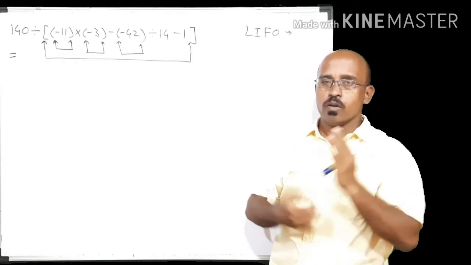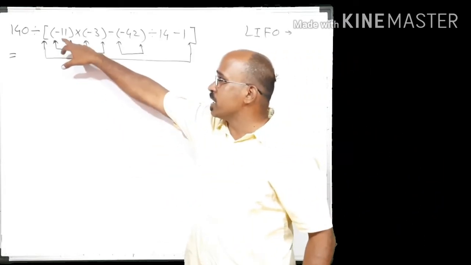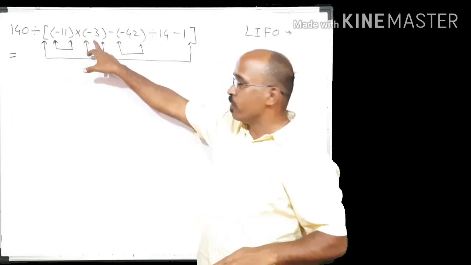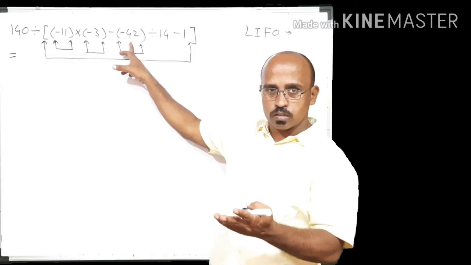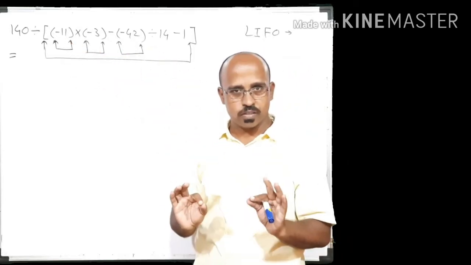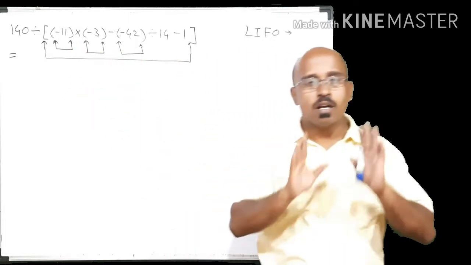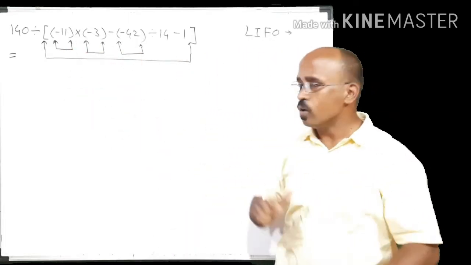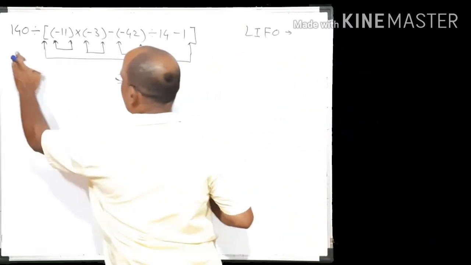So what we have to do? We have to solve innermost brackets first. So this bracket, within it there is not another bracket. Within this bracket also there is not another bracket. Within this bracket there is also not another bracket. Means these three brackets, they are having same priority. Within this bracket, these three brackets are having same priority. So what we have to do? We have to solve them from left to right. So let's go for it.